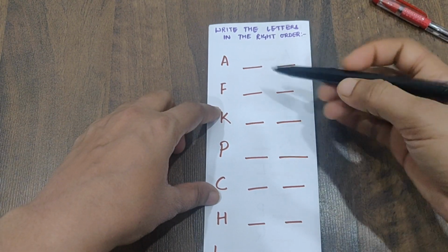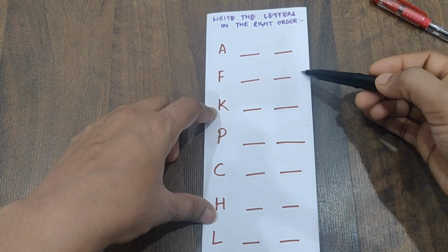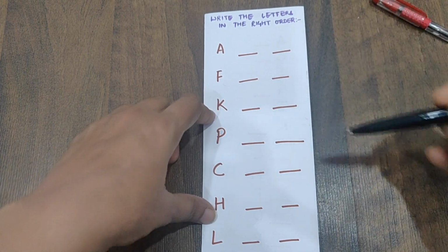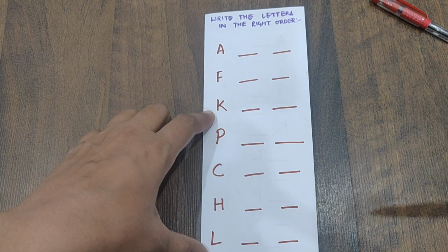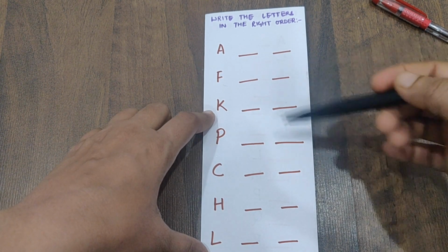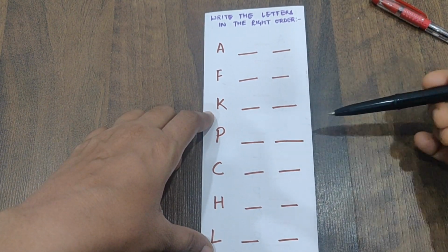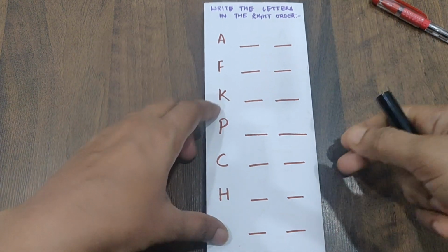So here it is: what is going to come after A, B, C, what comes after F, G, H. So accordingly the child is repeatedly singing or counting right from A, B, C, D and figuring out what is going to come next. So in the correct order it has to be filled up.